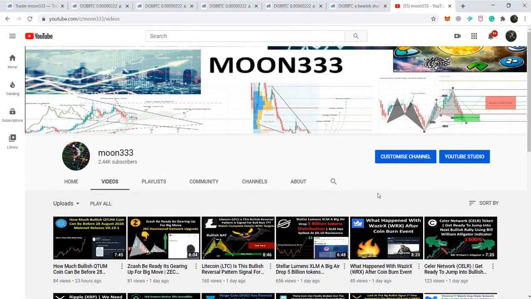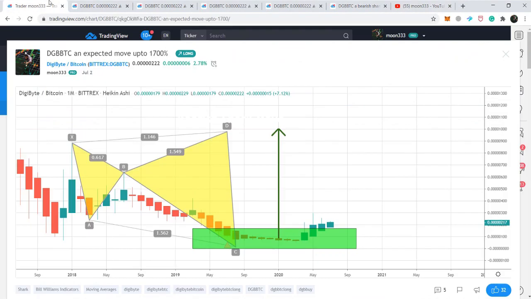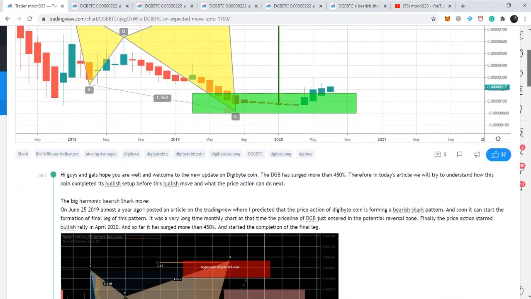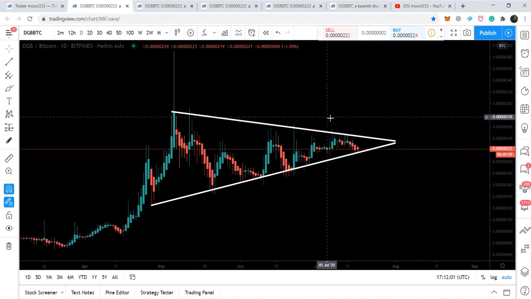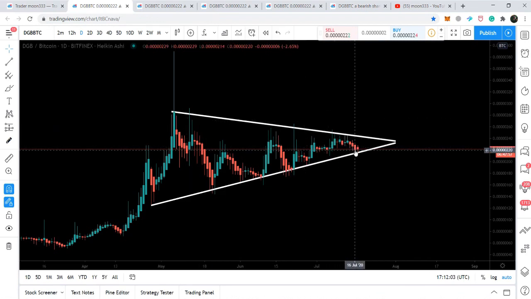Hope you're well and welcome to the new update on DigiByte. In my previous video, we saw that the price action of DigiByte, after hitting the resistance of a bullish pennant, was likely to move down, and that was the previous move. If we move to the live chart, the price action has finally moved down to the support